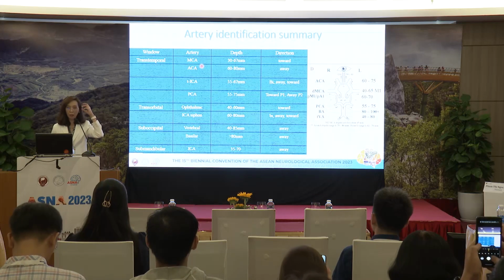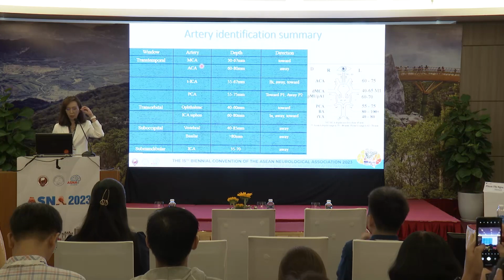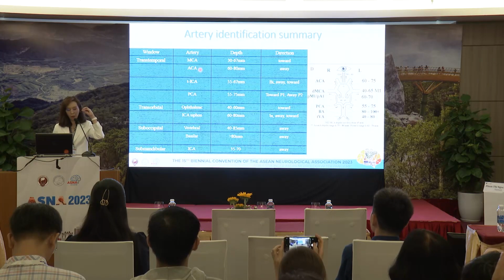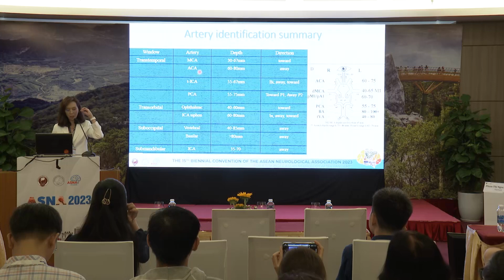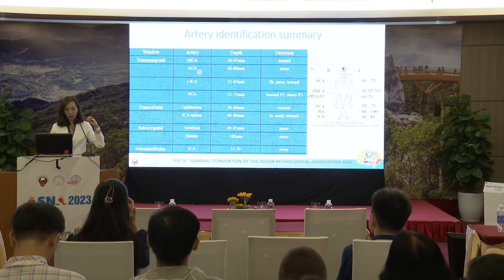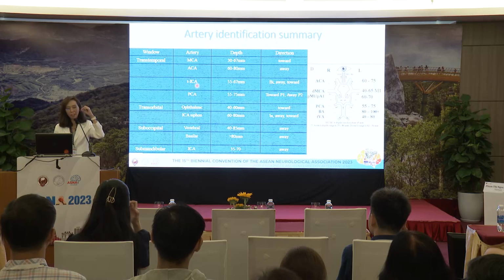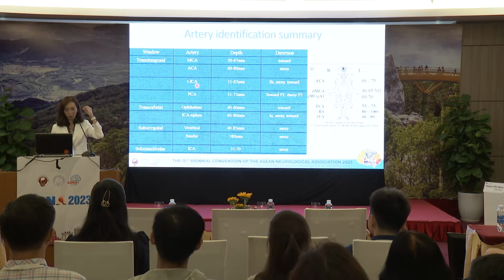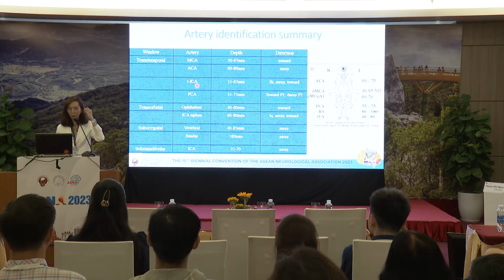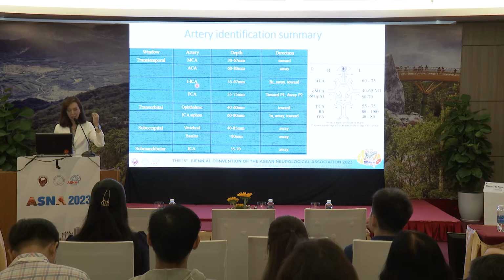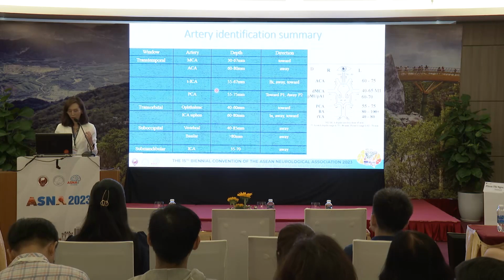And then we move the probe to the anterior part a little bit to find the ACA. But the anterior cerebral artery is going away from the probe. And then we move the probe a little bit downward to find the ICA, and then a little bit backward. This is just minor movement of the probe. We'll try it in the hands-on session. To the back, and we'll find the PCA. So that's for the transtemporal.